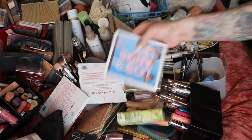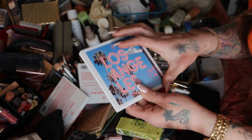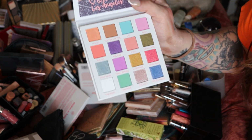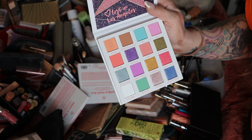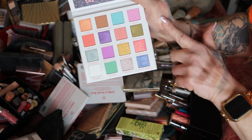All right, let's knock out some of these BH Cosmetics. They came out with these destination palettes. This is the Los Angeles one, which of course is a locale I am super drawn to, and a color story I am not. Other than this one super fun pink,